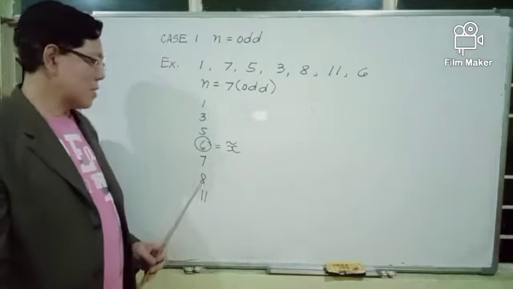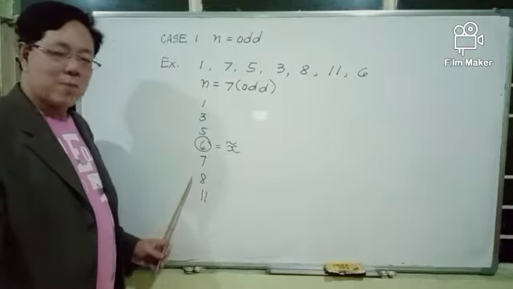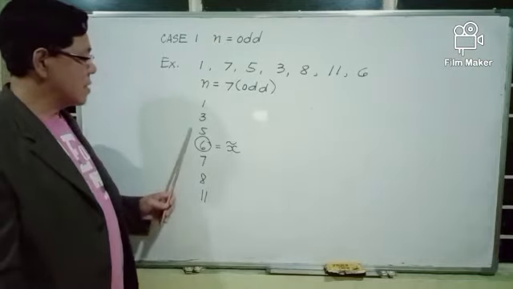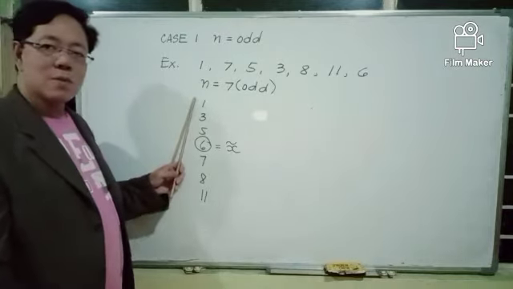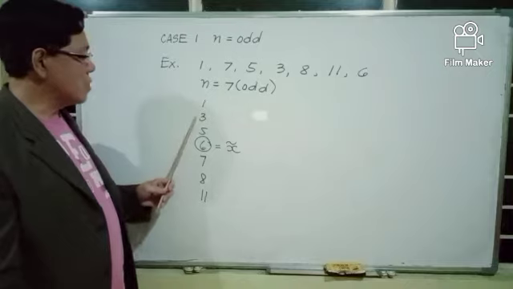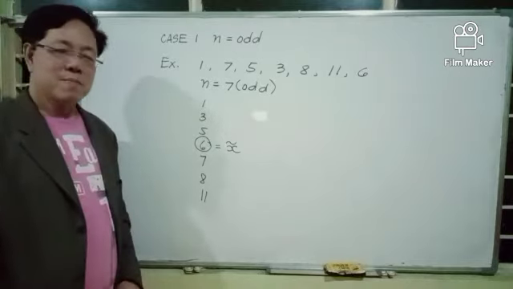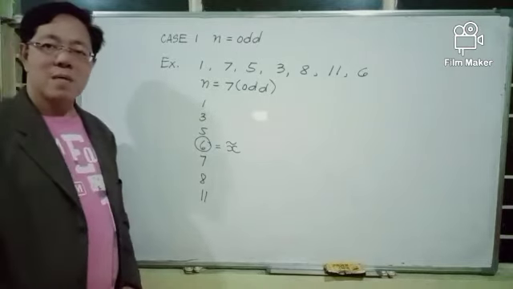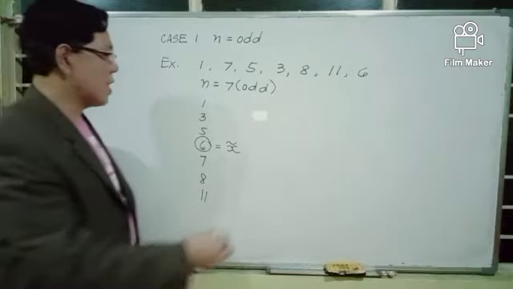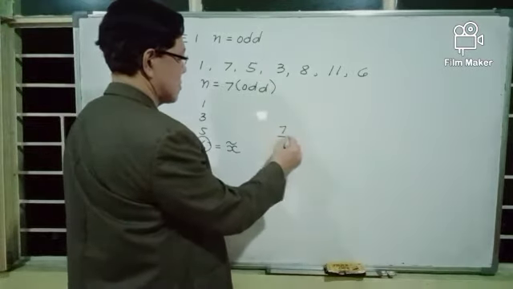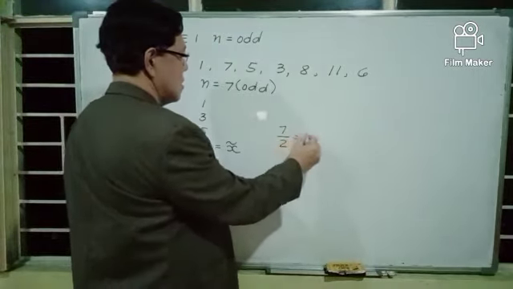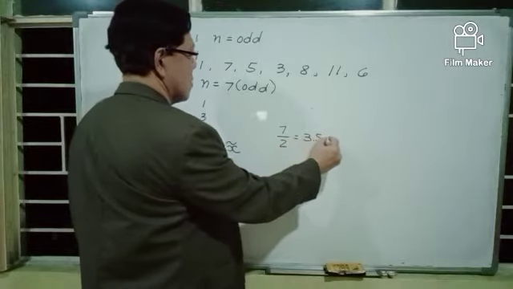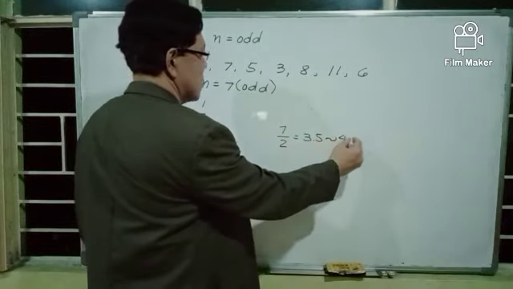And you can see the median 6 is found at the center of this distribution of scores or values. And you have 3 values above the median and 3 values below the median. And we have 7 values. If you divide 7 by 2, that's 3.5, or if you round it up to whole number,